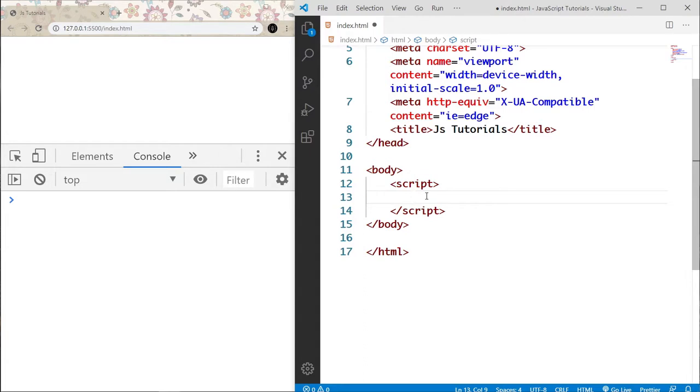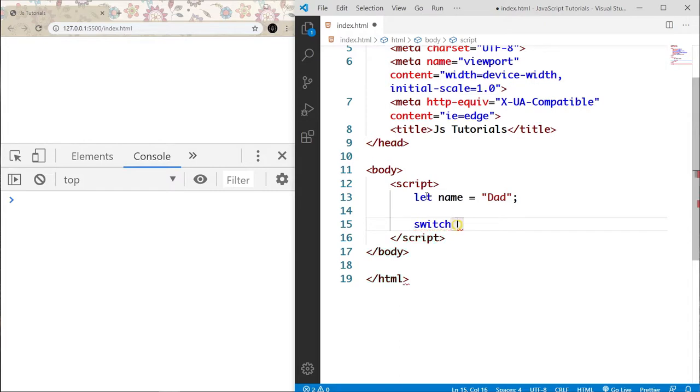Let's start off by creating a new variable. So let's say let, and we are going to call the variable name, and this is going to have the value of that for now. Let's end this with a semicolon. Then let's create our switch statement, using the switch keyword. We are going to be switching based on the name that is supplied, so I'm going to pass in the name variable,